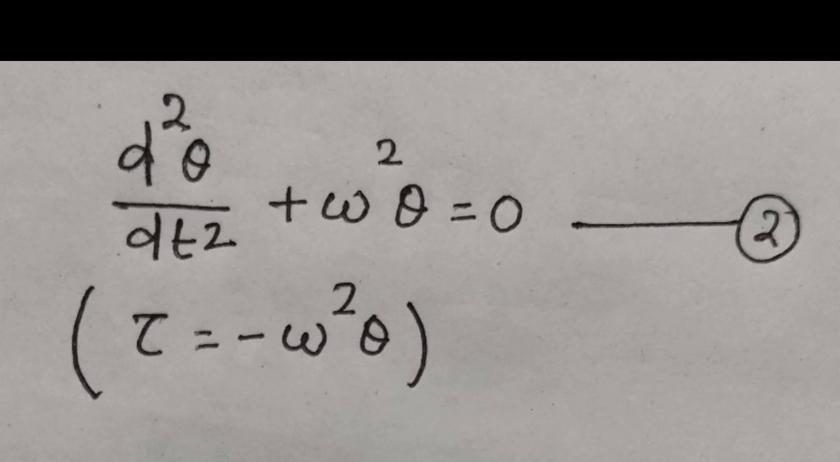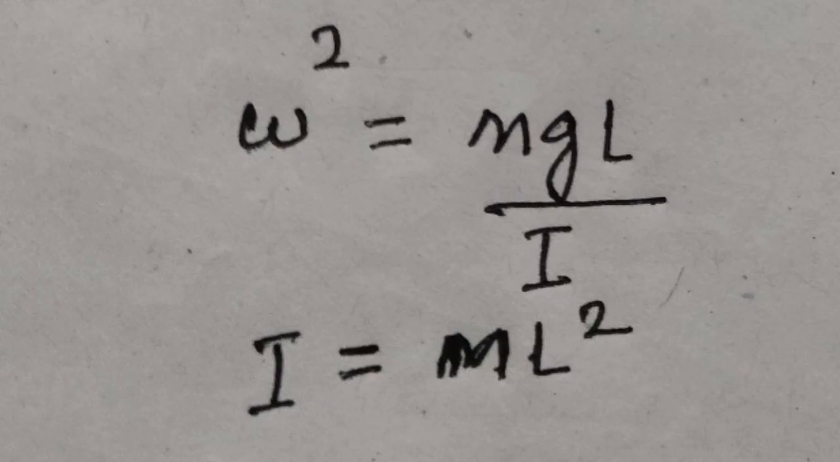From the equation of simple harmonic motion we know d square theta by dt square plus omega square theta equal to 0. This is equation 2. So from equation 1 and 2, omega square is equal to mgL divided by I, but